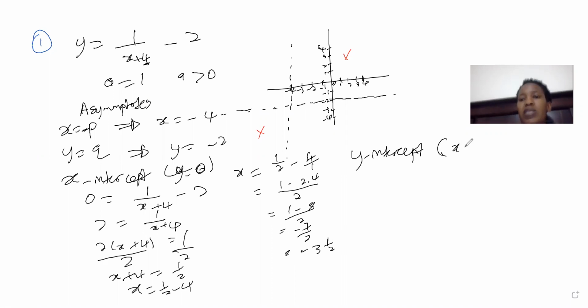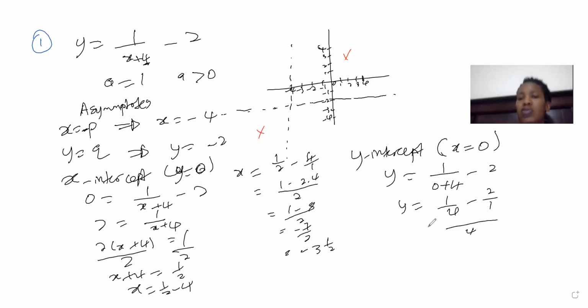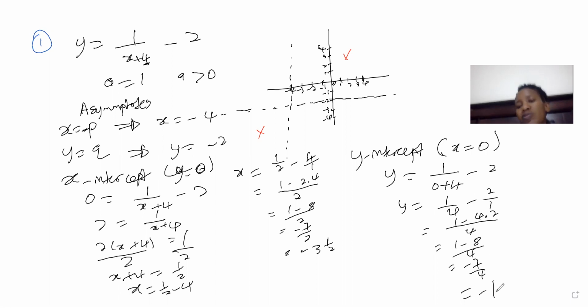You let x be 0. So y is going to be 1 over 0 plus 4 minus 2, which is 1 over 4 minus 2 over 1. Highest common denominator, then 4 times 2, which is 1 minus 8 over 4, negative 7 over 4, which is negative 1 and 3 over 4. Okay, that is our